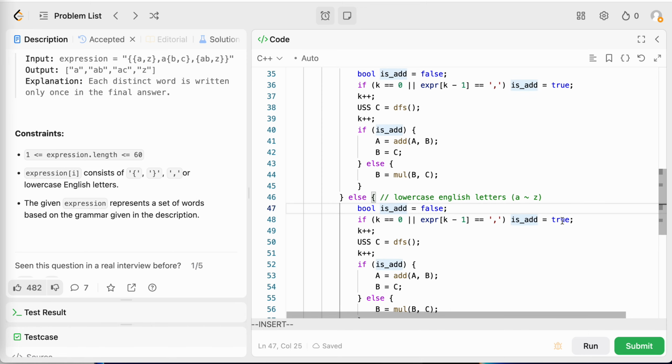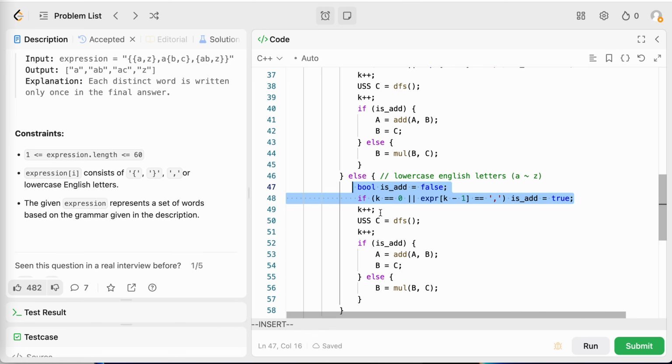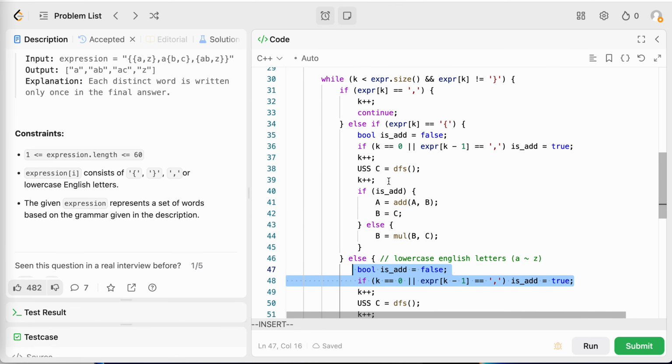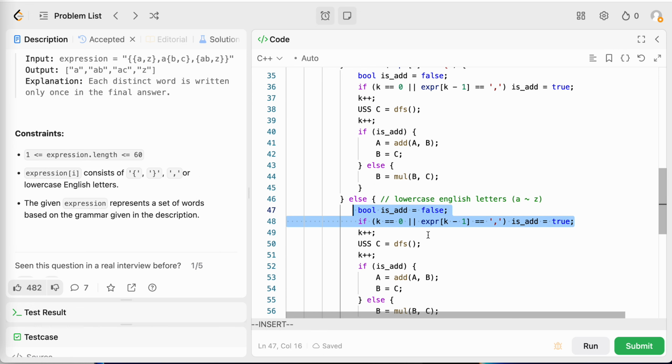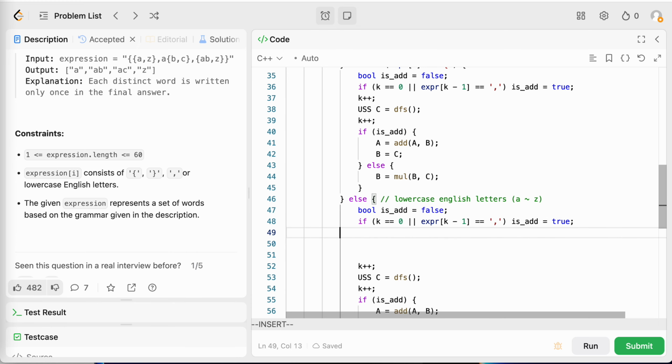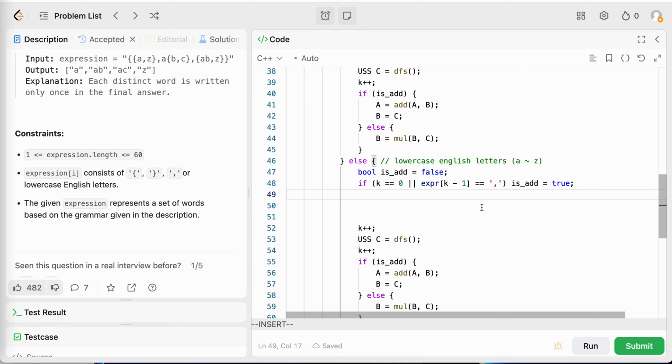So the add or multiply part can be kept the same, right? Optimally we can put all those code together, maybe, but we just keep it this way to make it simpler. Then for this condition,